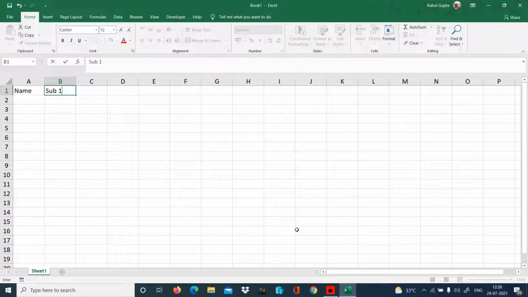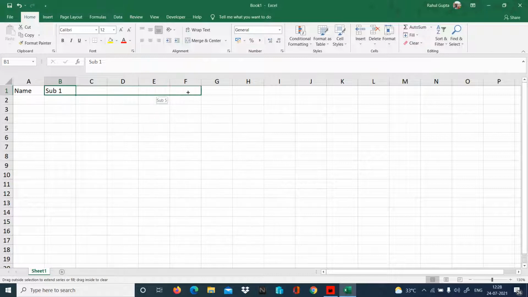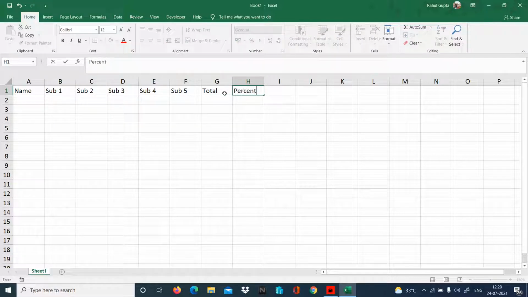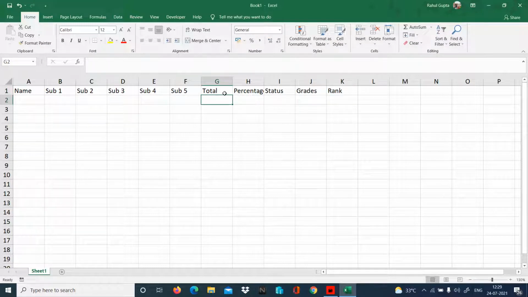I'm not writing the subject names, I'm just writing subject 1 like this till subject 5. Then I want total over here. I want percentage. I want status, whether they are pass or fail. I want grades. I want rank. All these I require.